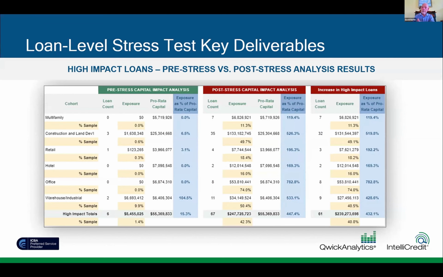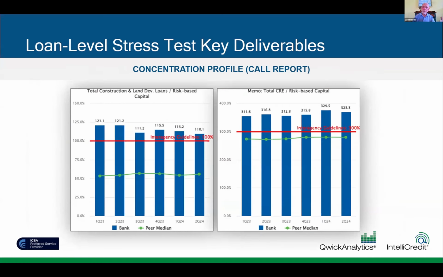The column to the far right shows the beginning of our steps to deliver what loans comprise this stress, at least in a theoretical sense. If we got to that degree of stress, which current borrowers would we really need to put at the front of the line in terms of concern? We pivot back over to QwickAnalytics at certain levels to make sure that is reflective of call report or public data in a comparable sense. So we do add that dimension to our stress test.